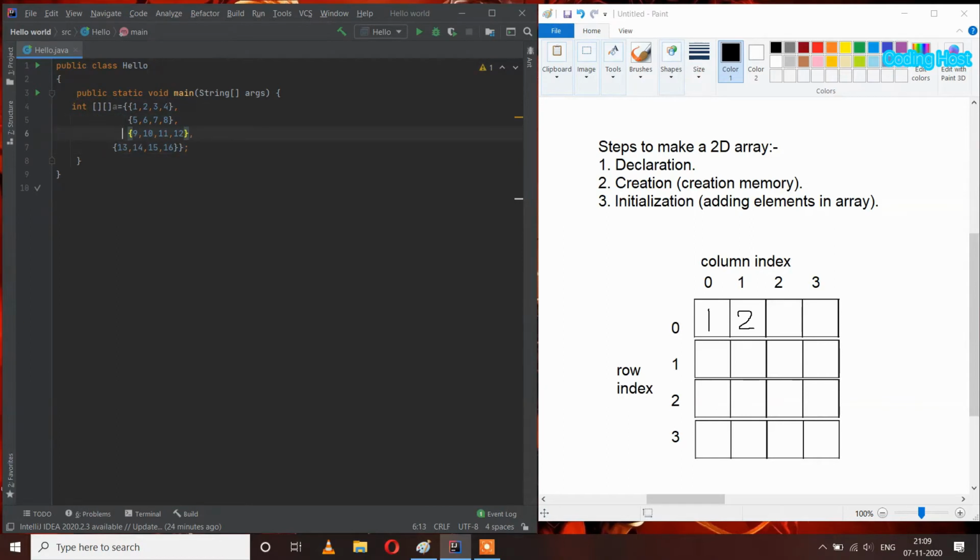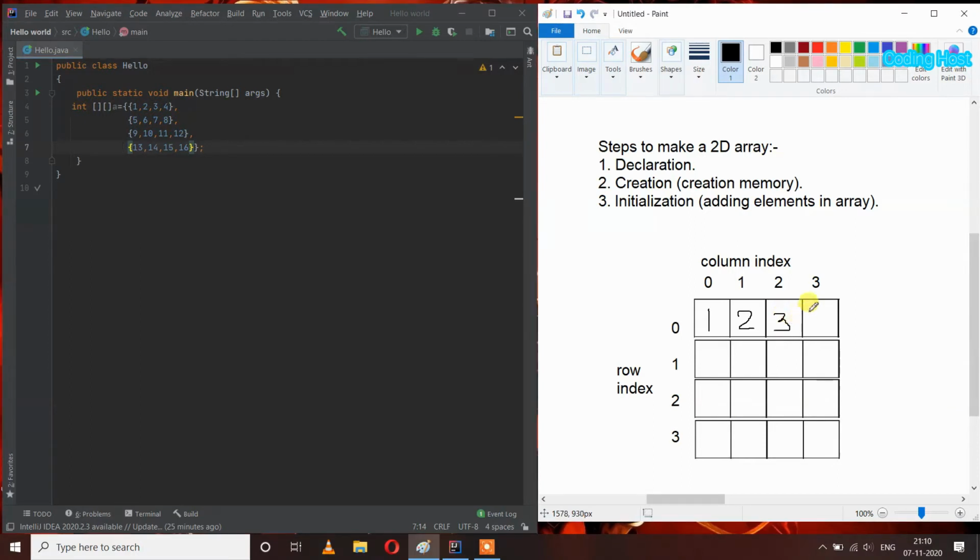Now you can check that this is our first row, this is our second row, this is the third row, and this is the fourth row, and this is our first column, second column, third column, and fourth column. Here I will enter all the elements in this table, so you can easily check their index values.